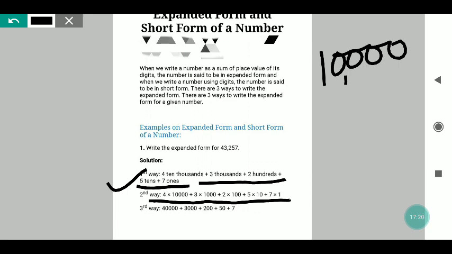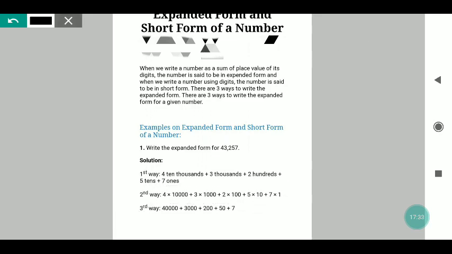In the same way my dear, the third way also you can see. The third way is the easiest way, where you are not going to get confused. What is the third way? Suppose my dear, it is a 5-digit number. Yes, it is a 5-digit number, we know this. So what we have to do? We have to just start writing from the left to the right, isn't it?